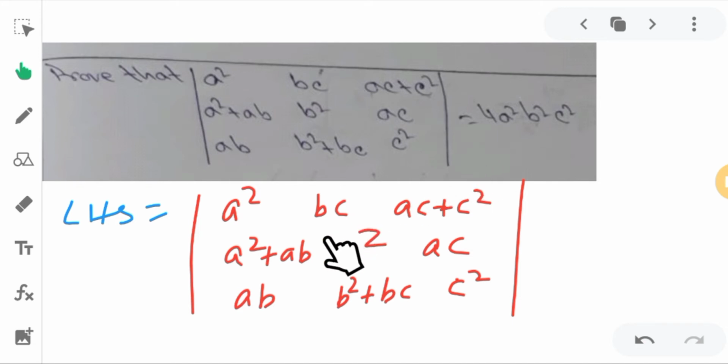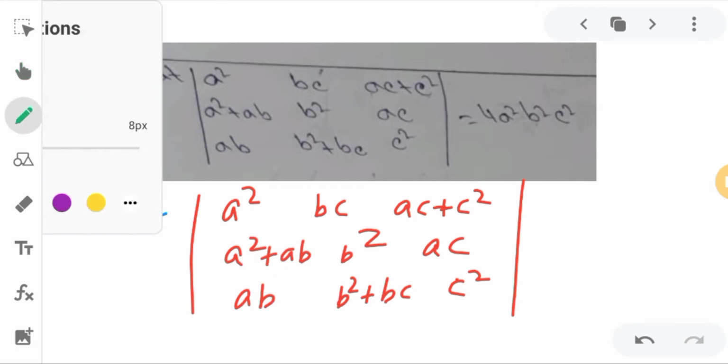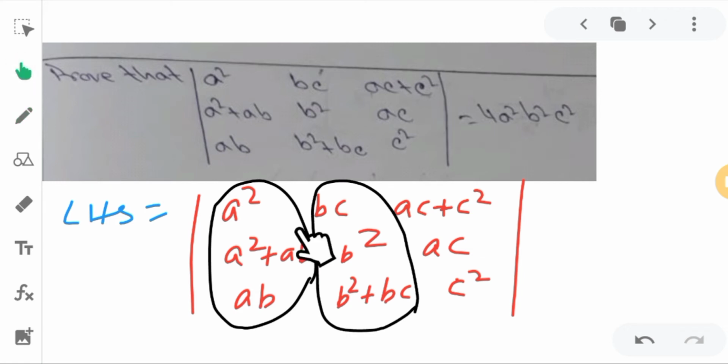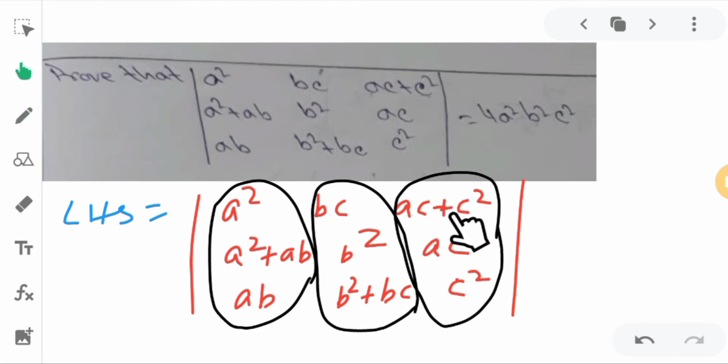We'll use some properties of determinant. So the first thing I can do, if you observe carefully, is take A common from the first column, because A is also here. A common I can take from these two elements, and A is also here, correct? In the same way, from the second column I can take B common. B is here, B square, so I can take B common. Here also B I will take common, then B plus C. Similarly, from the third column I can take C common because C is common.